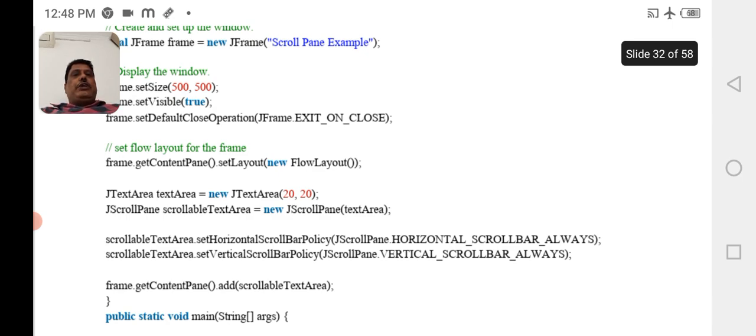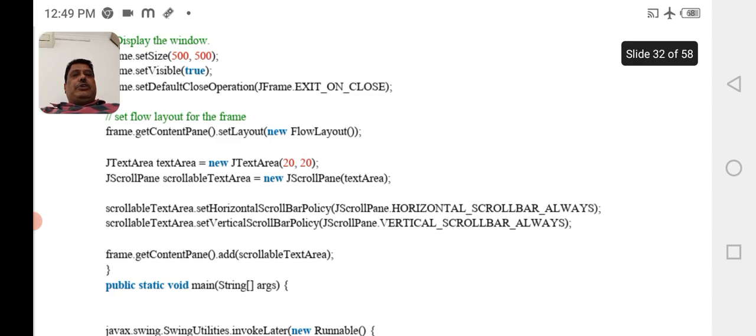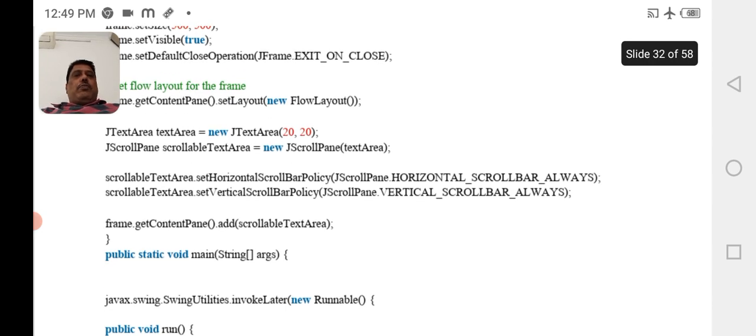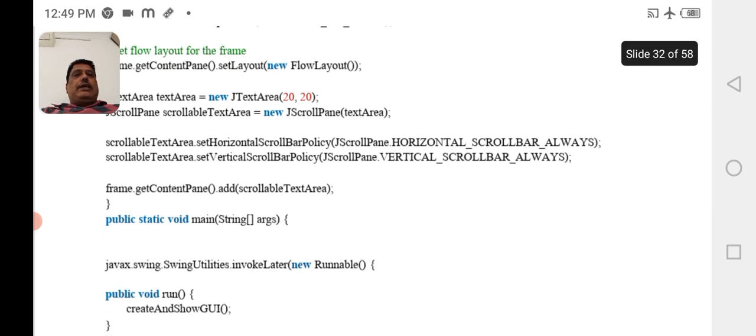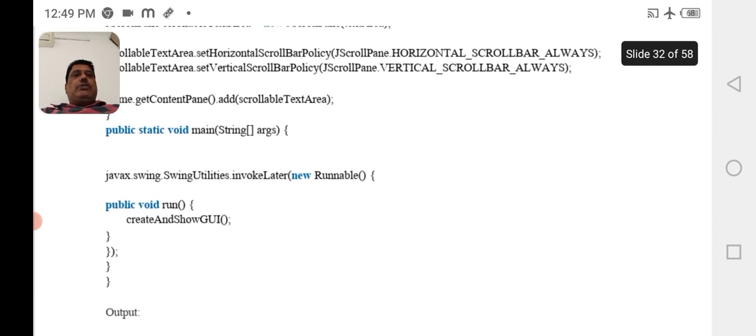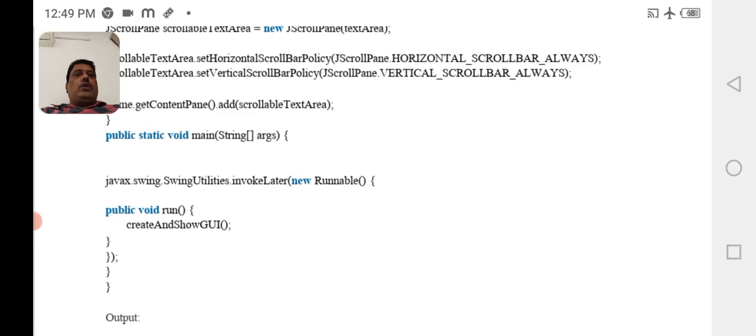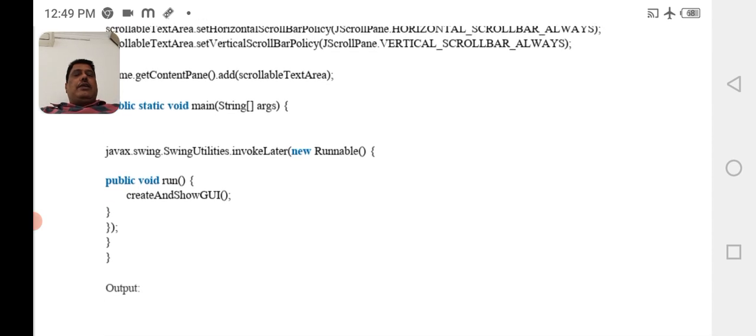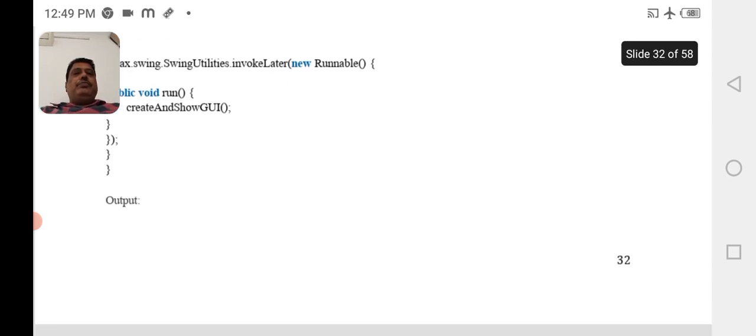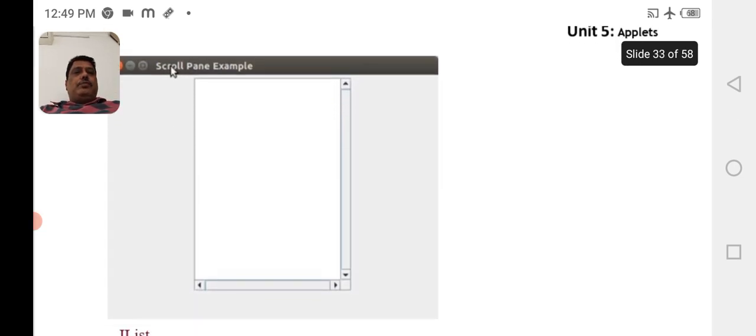frame.getContentPane().setLayout(new FlowLayout()), JTextArea textArea equal to new JTextArea(20, 20), JScrollPane scrollableTextArea equal to new JScrollPane(textArea), scrollableTextArea.setHorizontalScrollBarPolicy(JScrollPane.HORIZONTAL_SCROLLBAR_ALWAYS), scrollableTextArea.setVerticalScrollBarPolicy(JScrollPane.VERTICAL_SCROLLBAR_ALWAYS), frame.getContentPane().add(scrollableTextArea), public static void main(String[] args), javax.swing.SwingUtilities.invokeLater(new Runnable(), public void run(), createAndShowGUI. So executing the above program, the output is